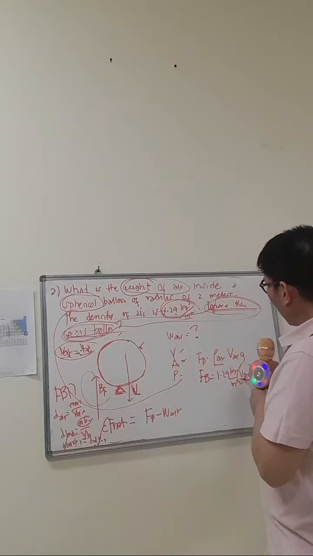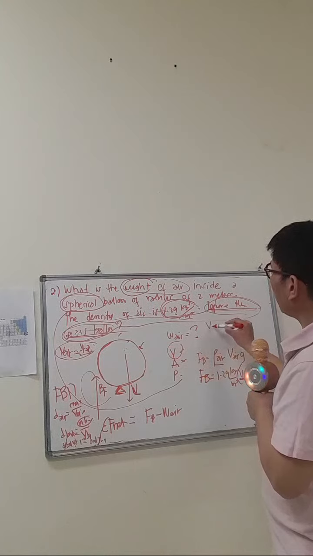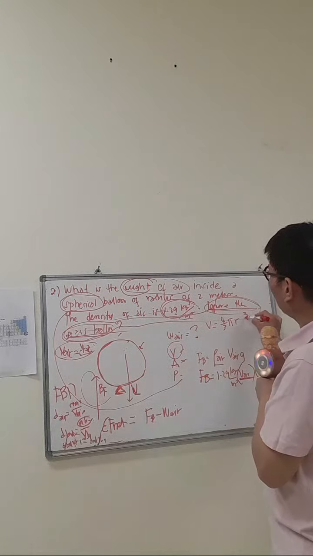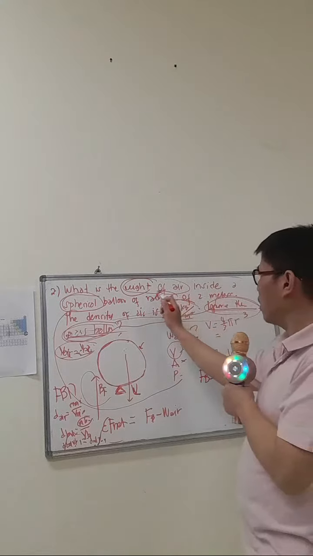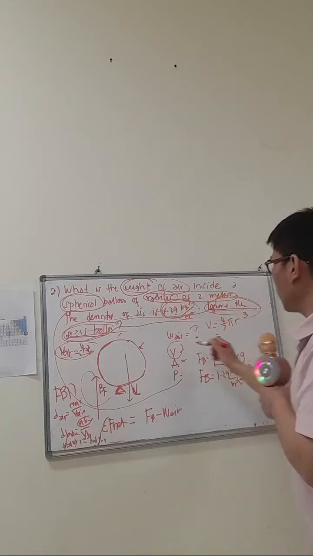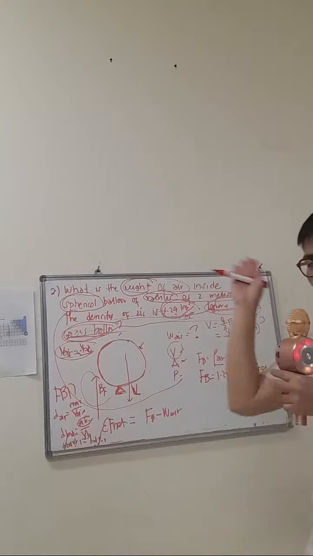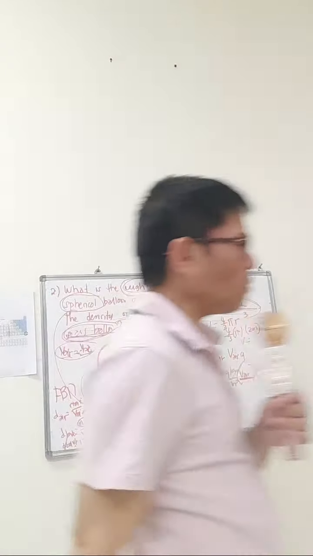So, the volume of air is the volume of the sphere also. Volume of a sphere is equal to 4/3 pi r cubed, right? The radius is mentioned, a radius of 2 meters. So it's going to be 4/3 times pi times 2 meters raised to the power 3. So we have now the volume of the sphere, which is also your volume of the air. Okay, substitute that there. Where's the calculator?